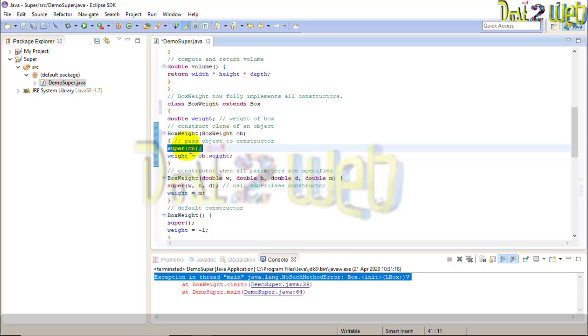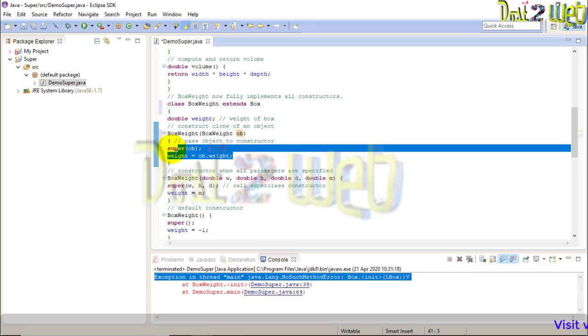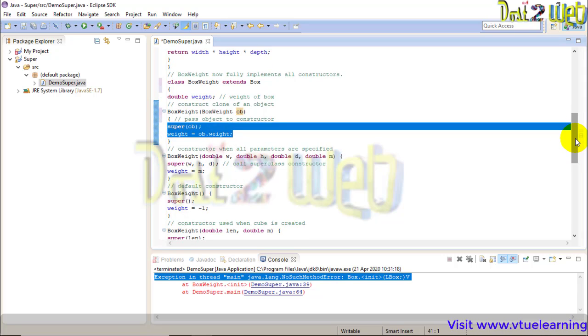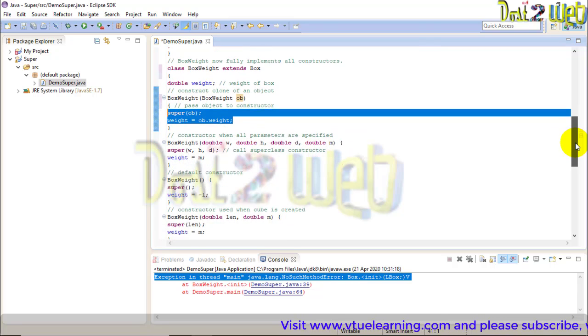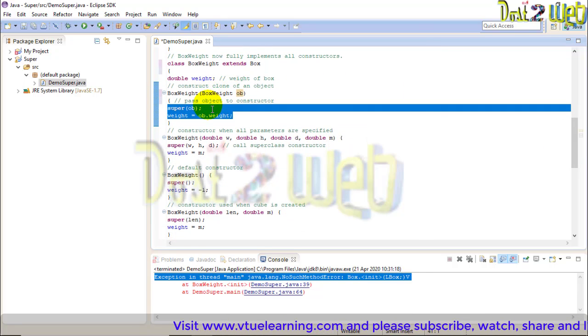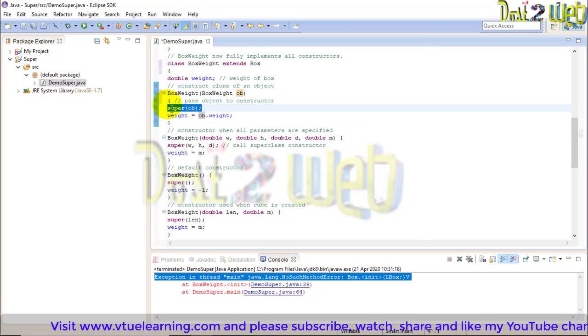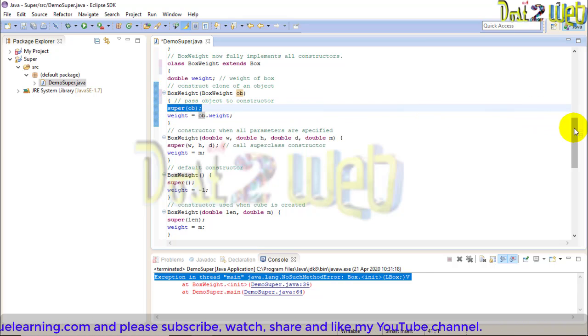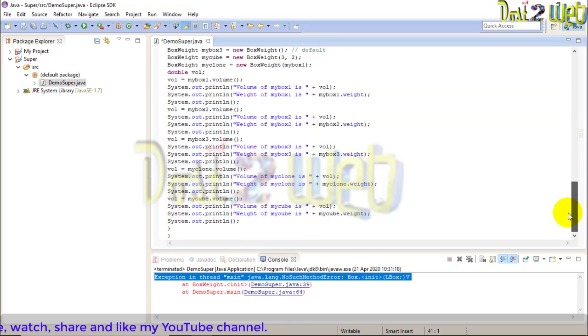You have to create one object, and with that object you can access the height, width and depth for the private data member. So you must use super, then only you will be able to access the private data member of a different class. Okay, understood?